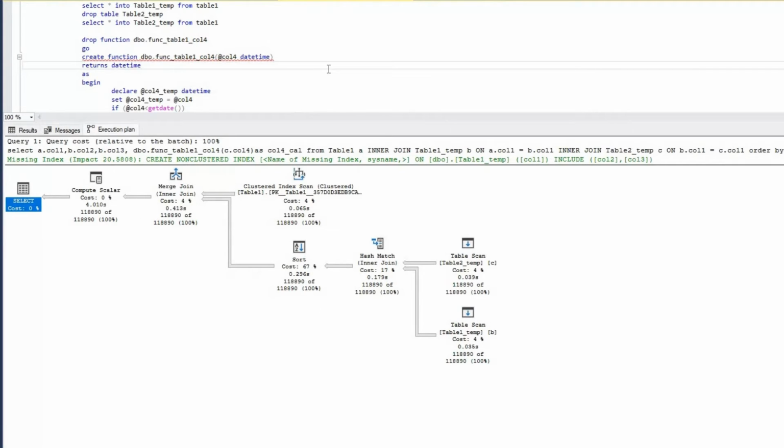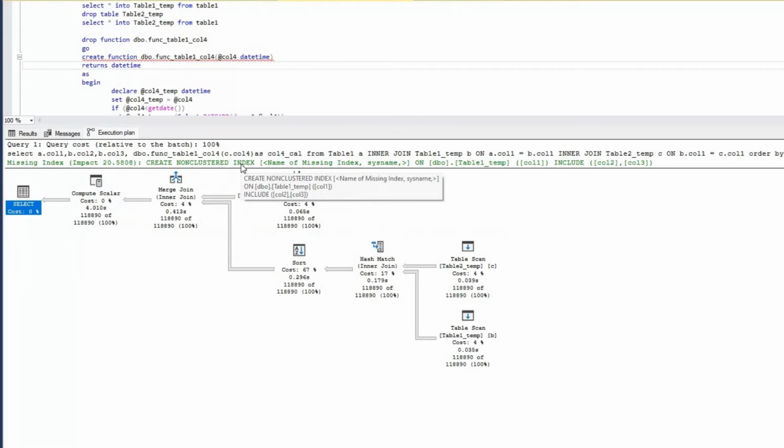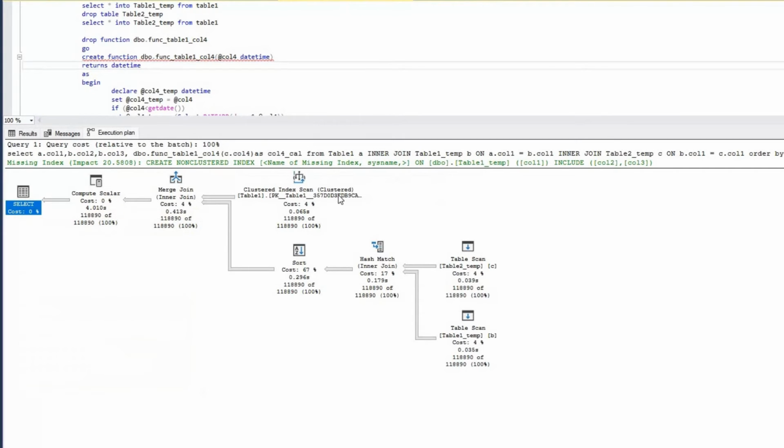Since we are using this function, the estimate seems to be low, and the SQL Server optimizer feels it doesn't require parallelism, and that is the reason it is going for